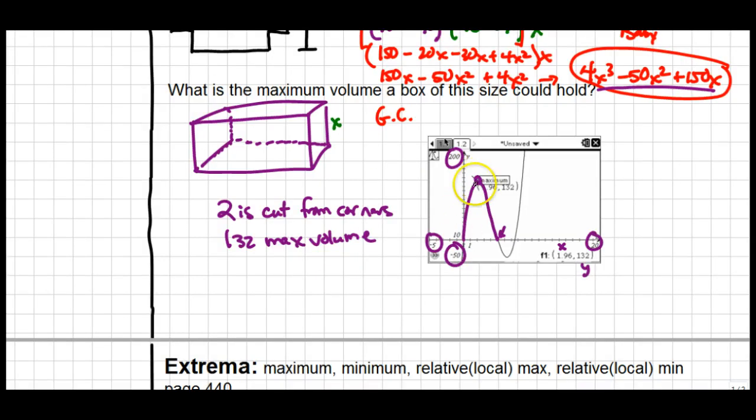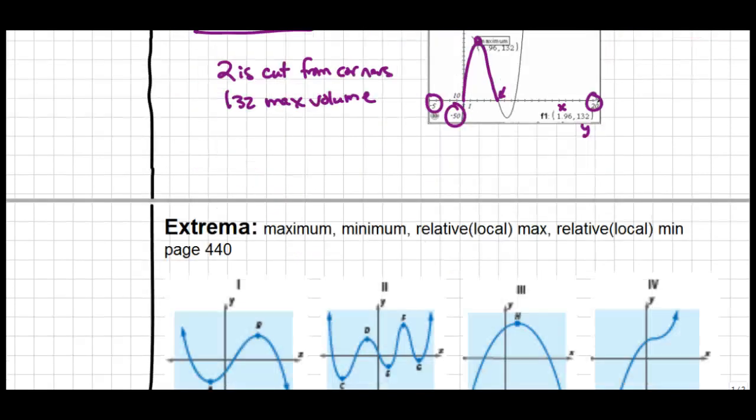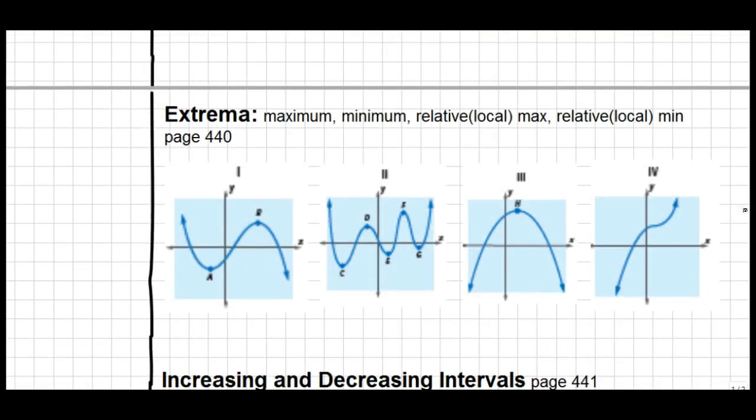Because this isn't the maximum of the entire graph, it's just a maximum, we're going to give that type of situation a name called extrema. Extrema is when you're looking for the mins and the maxes on a graph. And also, a new item for you are the relative mins and maxes, also sometimes called local min or local max. So if you look at this first graph, similar to what we just dealt with on our volume question,